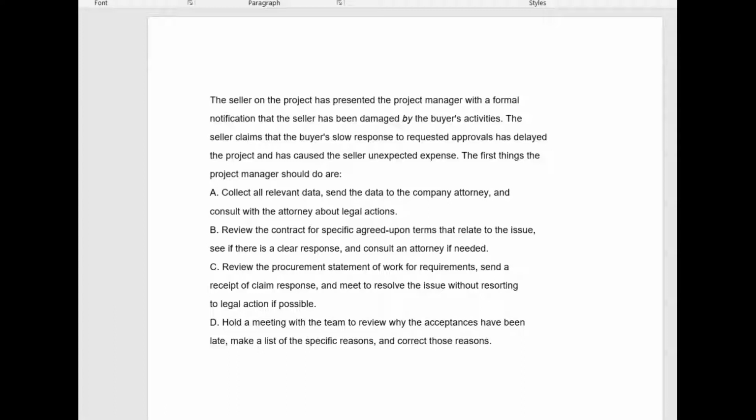So the seller on the project has presented the project manager with a formal notification that the seller has been damaged by the buyer's activities. The seller claims that the buyer's slow response to requested approvals has delayed the project and has caused the seller unexpected expense. The first things the project manager should do are: